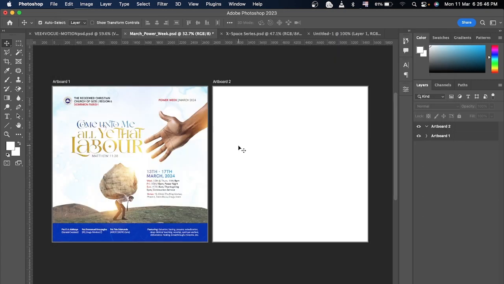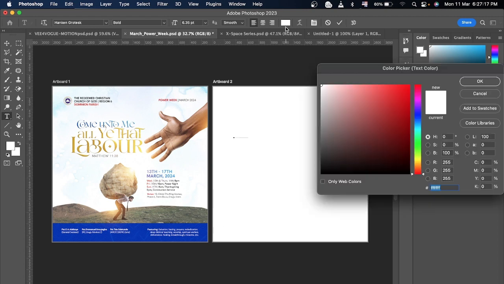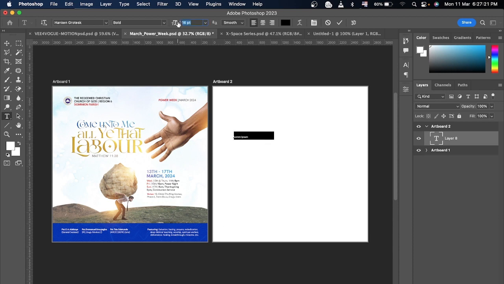Now the first thing I want to do, basically how I go about design, is I type out all the content, then I get the pictures, and then I continue from there. The next thing I want to do is to start bringing in the text. Okay, so I'm going to type. Let's make this black, increase the size,